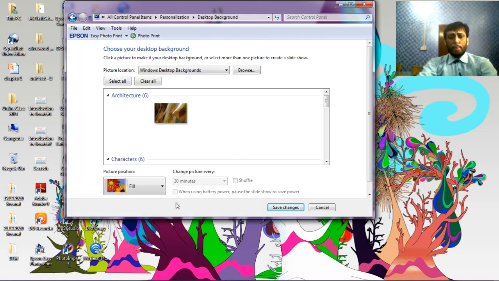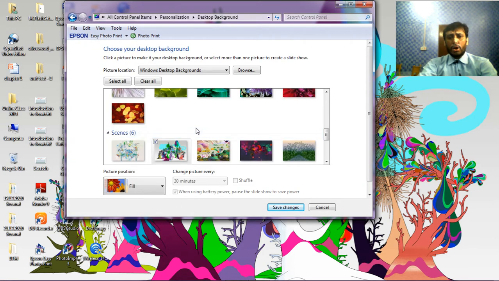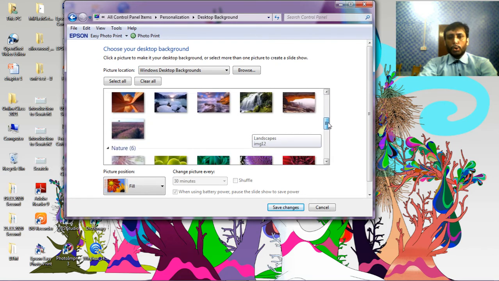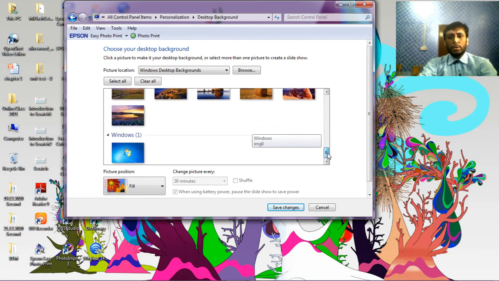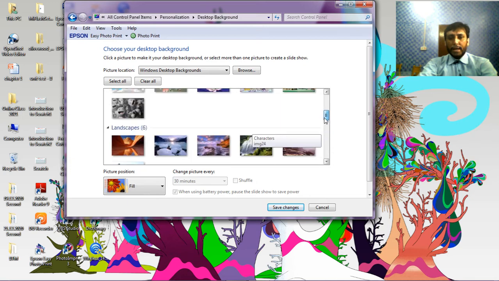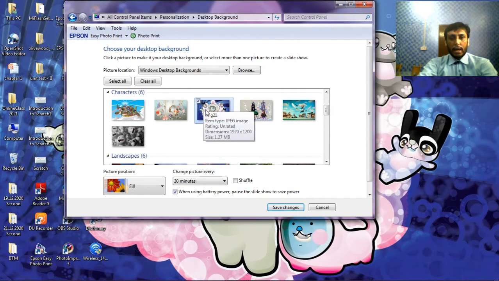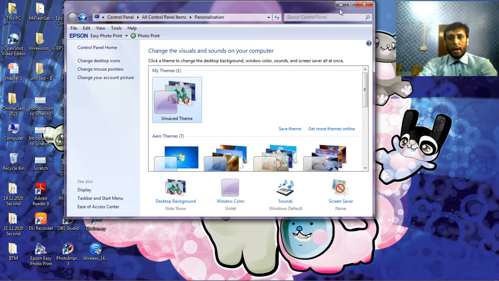Click on this desktop background option, and you will see many photos that you can choose to place on your desktop. Suppose you want to place this one, so click on this, it is selected, and see in the background, save changes and minimize it.